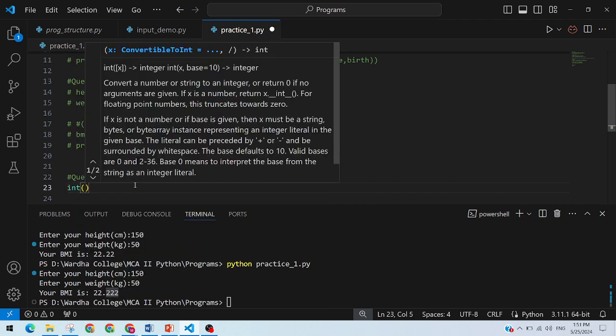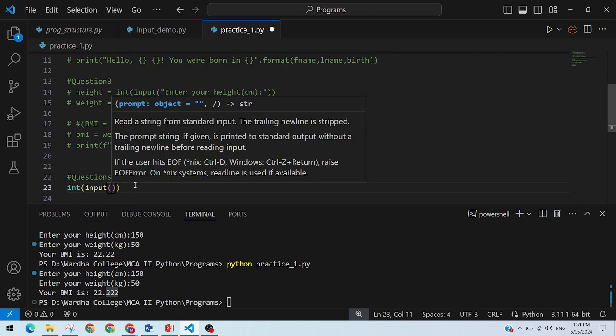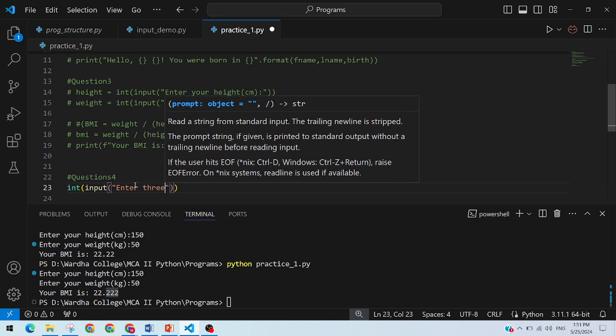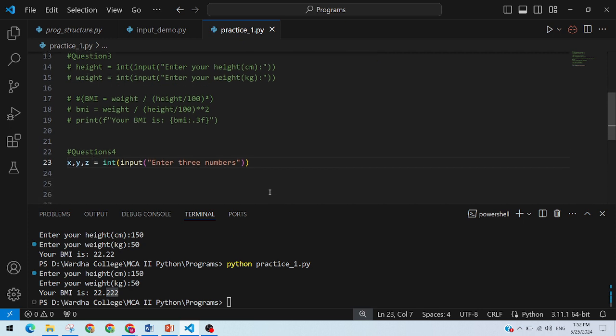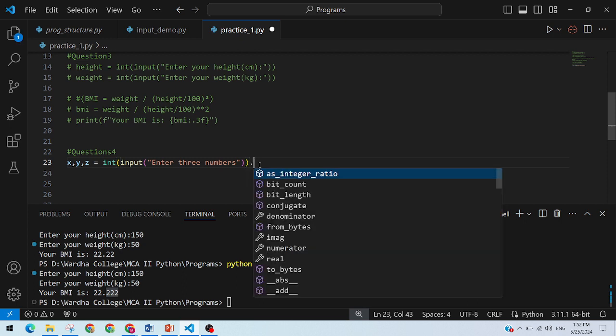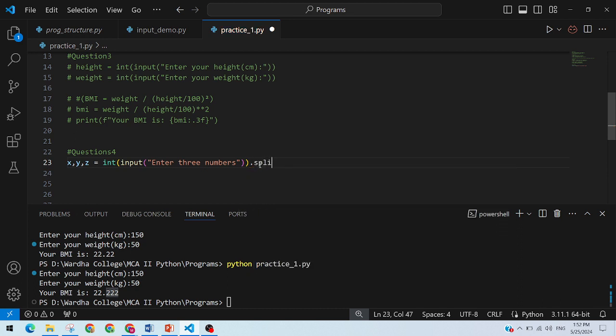Okay, input, enter 3 numbers. बस, और क्या करना पड़ेगा इसको? यस, कल देखा था हमने हाउ टू एक्सेप्ट मल्टीपल इनपुट्स। 3 वेरिएबल्स मैम। 3 वेरिएबल्स लेने पड़ेंगे, तो यहाँ पे हम लेंगे x, y, z। हो गया? नो मैम, और क्या था? डॉट स्प्लिट मैम। स्प्लिट।